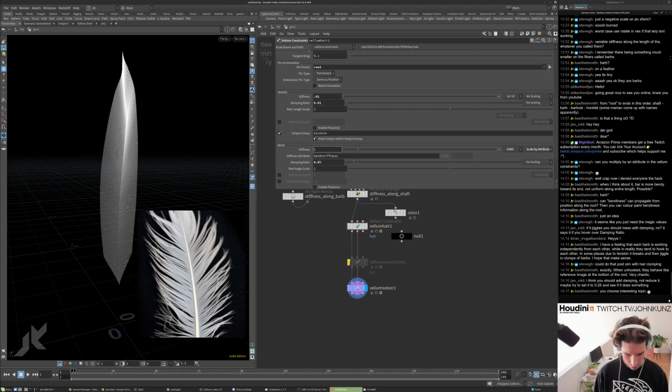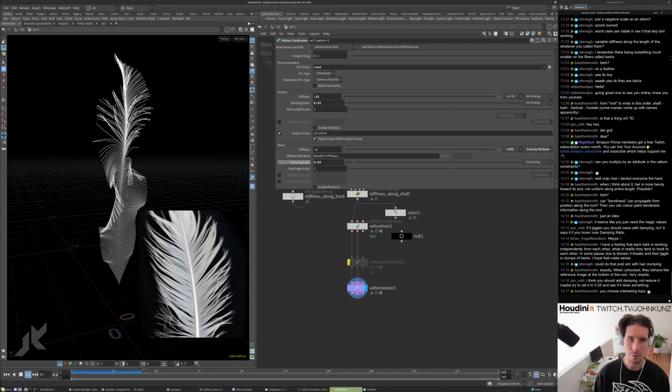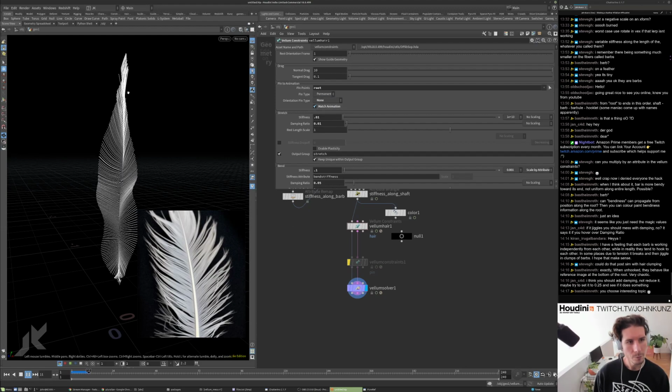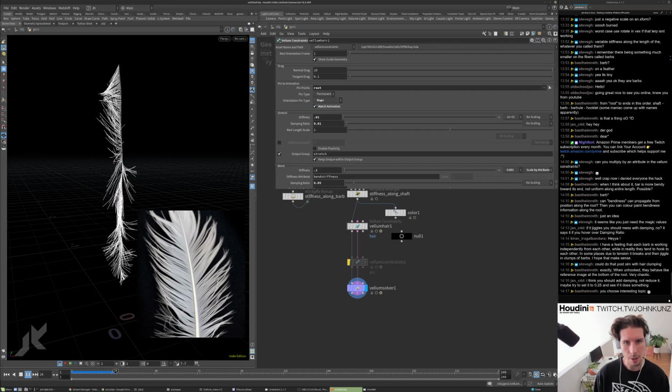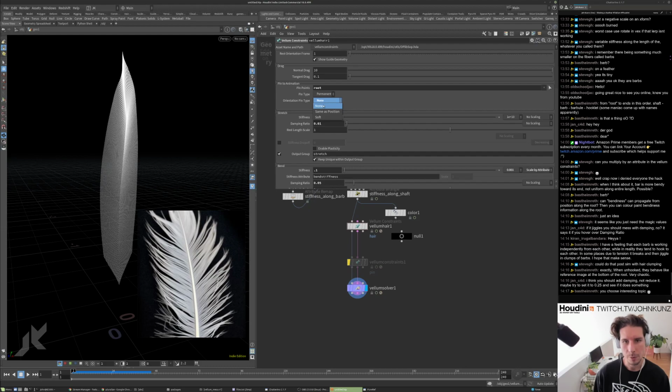It just seems weird that when I bring the bend up too high, it seems to be something to do with the orientation. But if we turn that off,